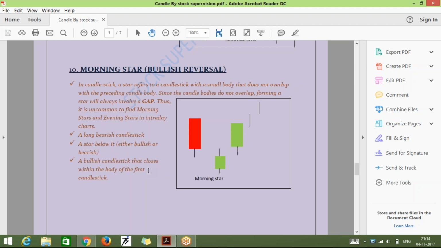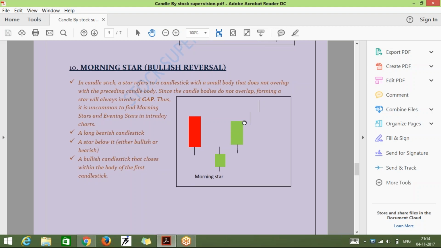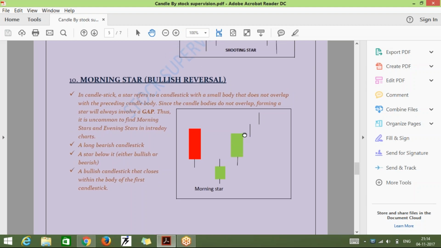So again, in this case also, you need to trade as a risk taker. You can trade on the third day itself, just 15-20 minutes before the market closes. It can be traded from this level, but if you're not that much of a risk taker, you can wait for the next candle formation, again with a stop loss at the open of this candle.